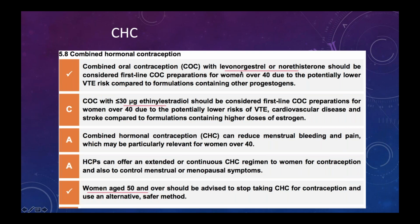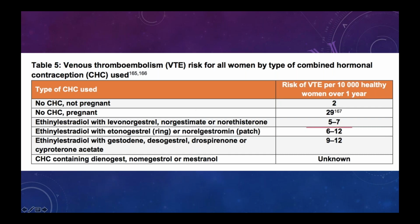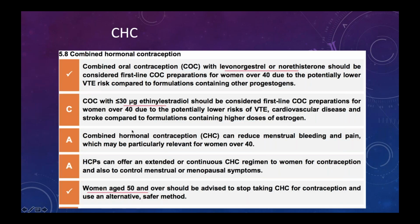Second point to remember, you will give them COC with the progesterone component as LNG or norethisterone. And CHC as a contraception, we have to stop at 50 years of age. This slide I have shown before also. You have to remember this by heart. All numbers are very important. Here you can see, if the ethinyl estradiol is given with levonorgestrel, then the risk of embolism is 5 to 7 per 10,000. But if you are giving any other progesterone, there is a high risk of embolism. Therefore 40 years of age is a risk factor, so we want to give them COC with less estrogen and with levonorgestrel or norethisterone